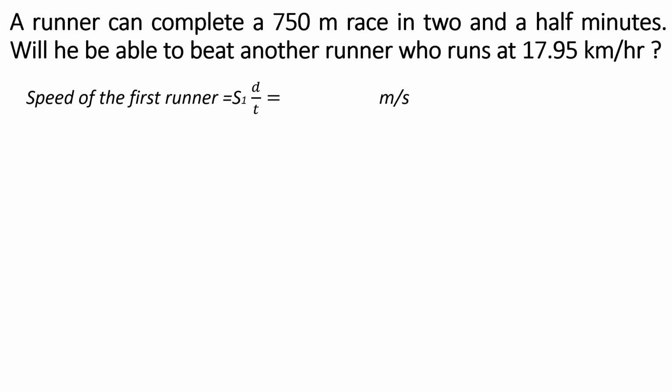Speed is equal to distance divided by time. Your distance is 750 meters, divided by time, which is 2.5 minutes. When you convert 2.5 minutes into seconds, it becomes